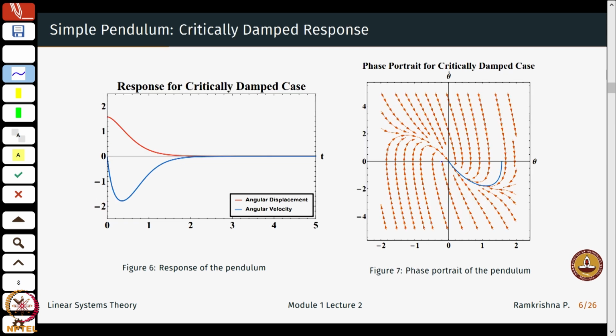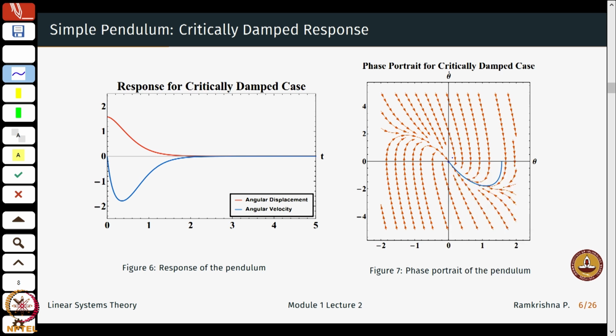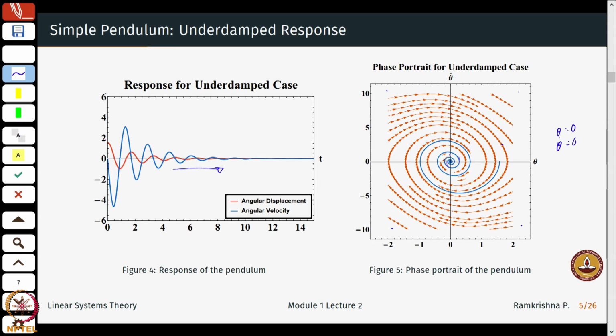So for all initial conditions starting from anywhere in this phase plane, I will just go to the equilibrium point. Similarly, if I have a critically damped case and I start at the origin, I will always be here, and if I start slightly away from the origin, I will again be pulled back to the equilibrium. So the idea here is if I am at the equilibrium point, a slight perturbation will get me back to my original configuration.